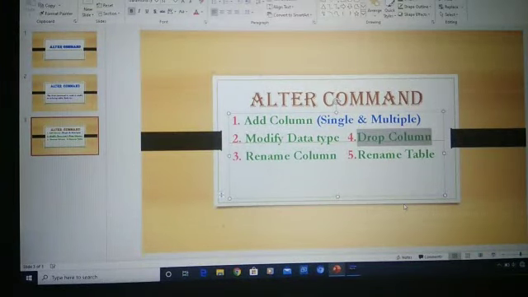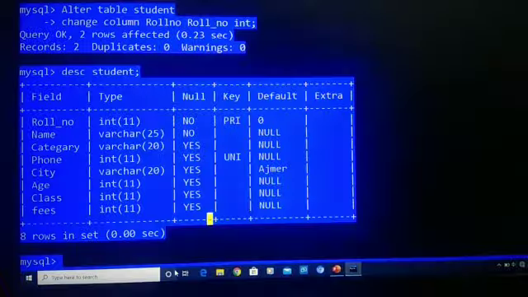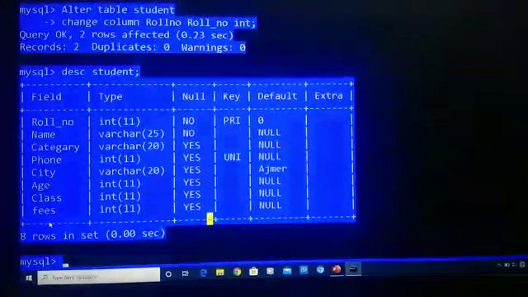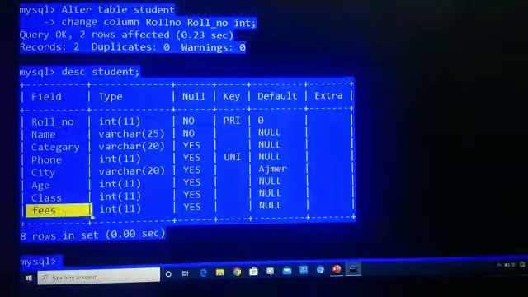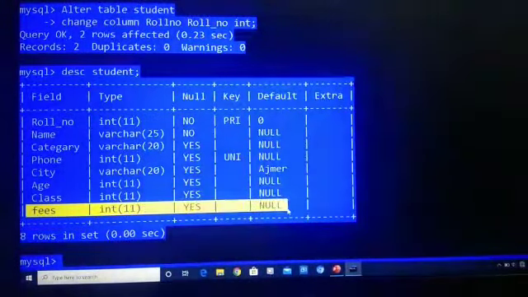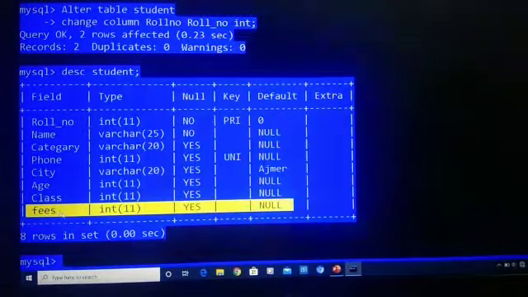Next is drop column. If you want to delete any column in your table, then we will use the drop column command. Is it clear? Okay, let's see. You can see in this data structure, suppose we want to delete the fees column. We do not need this column, so we want to delete the fees column.